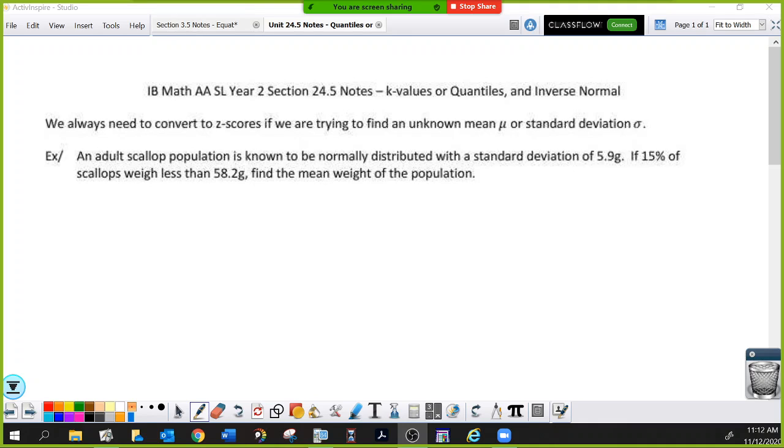So the inverse normal is used for both the standard normal and things that are not the standard normal, just anything that's a normal distribution. You can use inverse normal no matter what. Inverse normal takes an area either from the standard normal or any other normal and gives you back the k value that is associated with that area. So in theory, we could use the inverse normal on, like, homework number 3? I don't know, because,